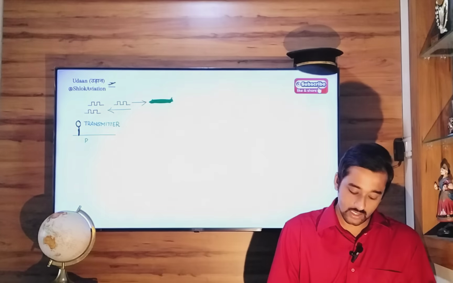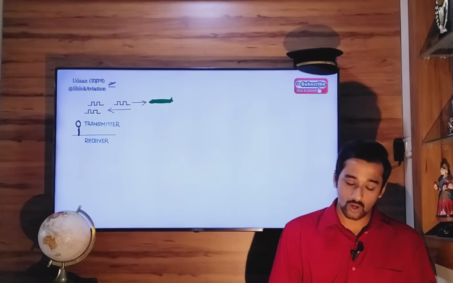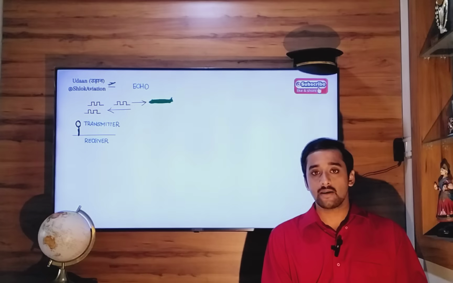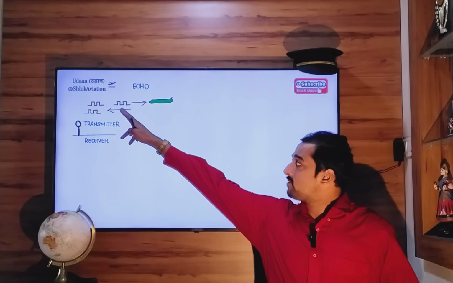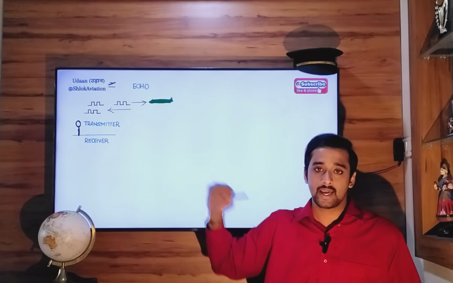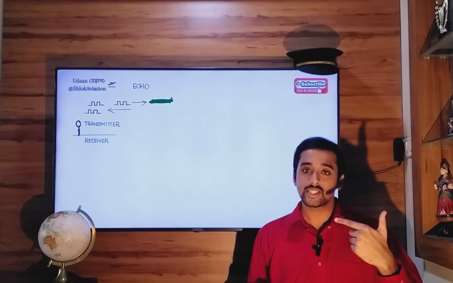Okay, transmitter and receiver is going to be the same. So it operates on the principle of echo. What is echo? Echo is nothing but reflection. So whatever radar pulse you are sending, that gets reflected from the target aircraft. So that's why we call it echo principle. Now, because of this echo principle,